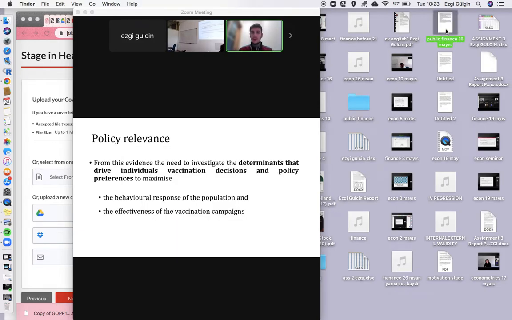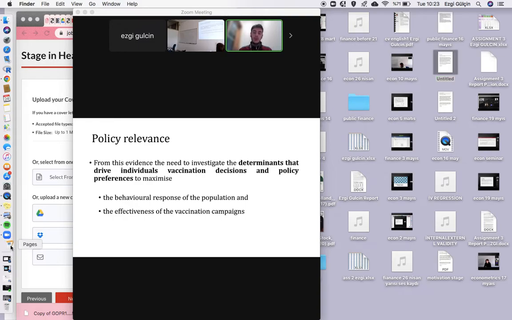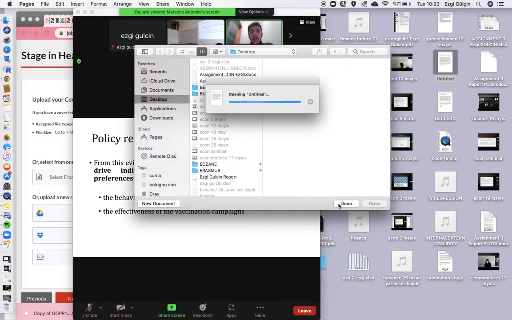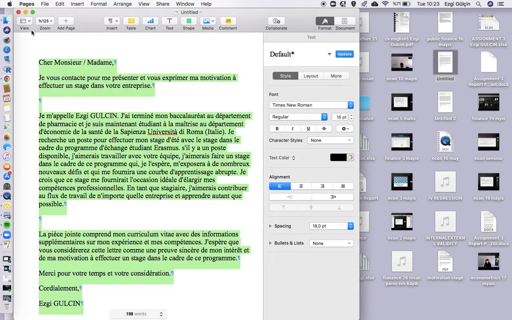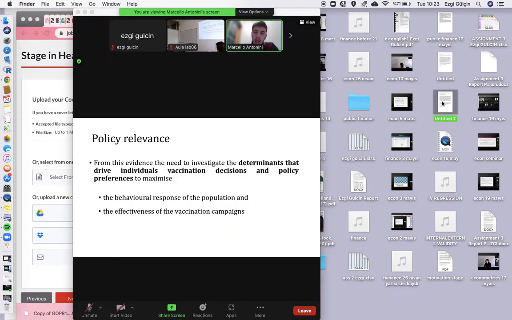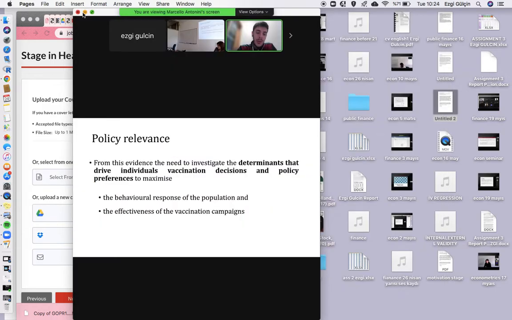And why is it important for the booster? Clearly, because we have seen that there is evidence of antibodies waning over time. These vaccines are not able to protect us fully, at least from the risk of infection. And so there is the need for maintaining a high level of coverage, to take up boosters also in the long term, not yearly, because we still don't have evidence, but at least often. We'll see with this new generation of vaccines if this is still the case, or it will change.